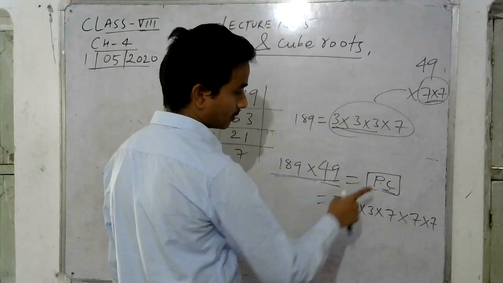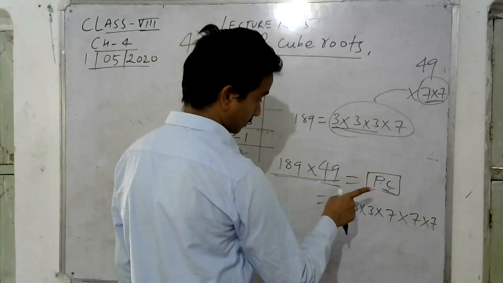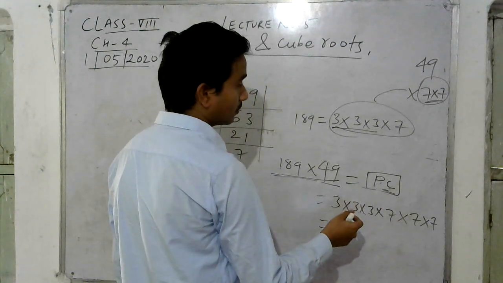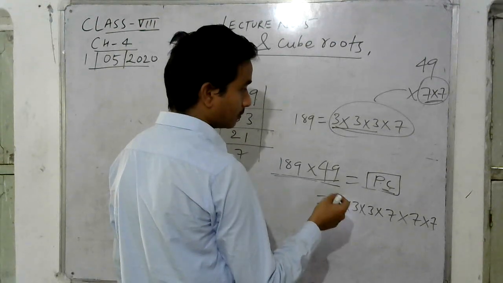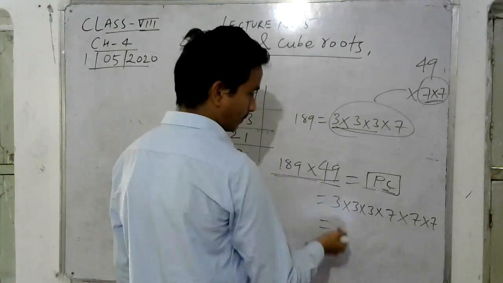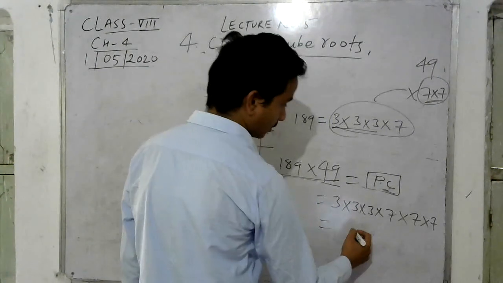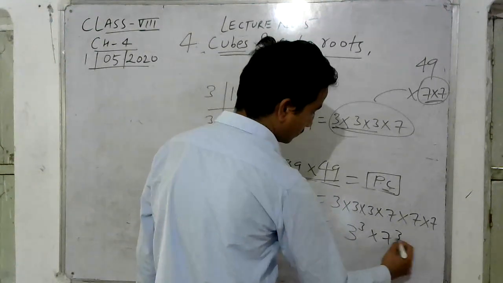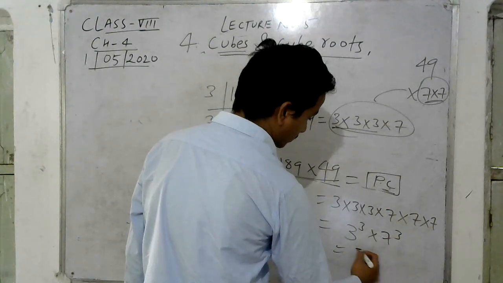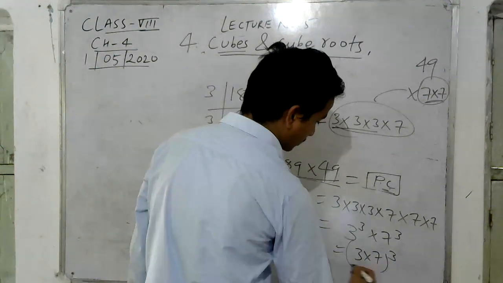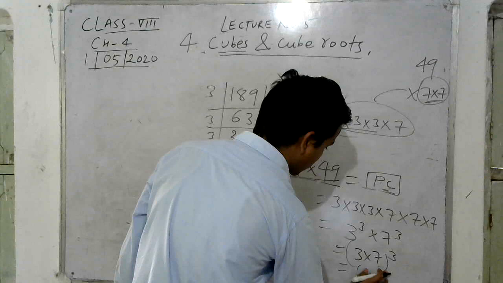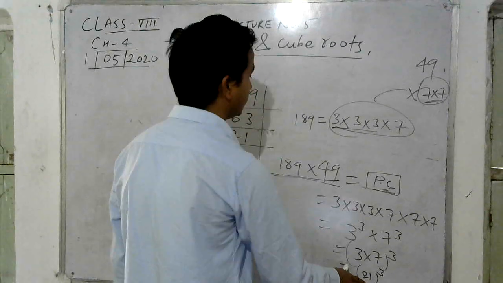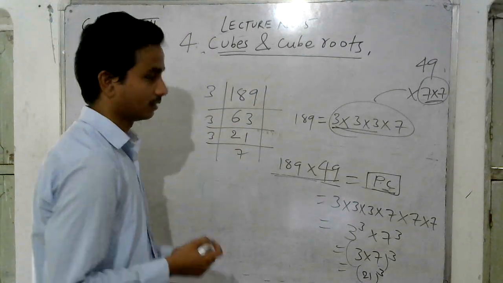And the next part of the question can be, after forming the new number, it is the cube of which number? So such a type of question you can solve like this. I can write it as 3 cube into 7 cube, so I can express it as 3 into 7 whole cube. I can write it 3 7s are 21 cube. So our new number so formed is a cube of 21. So in this way you will solve this type of question.